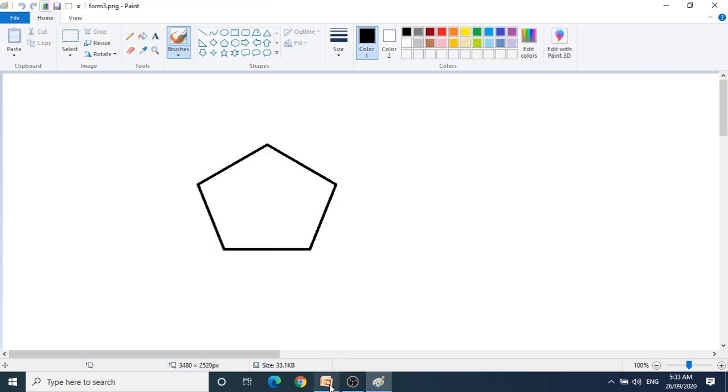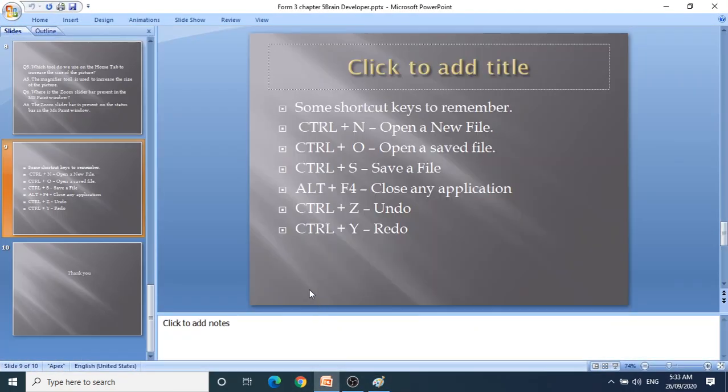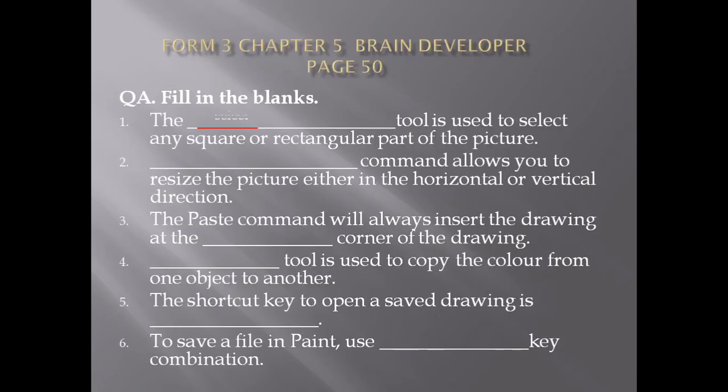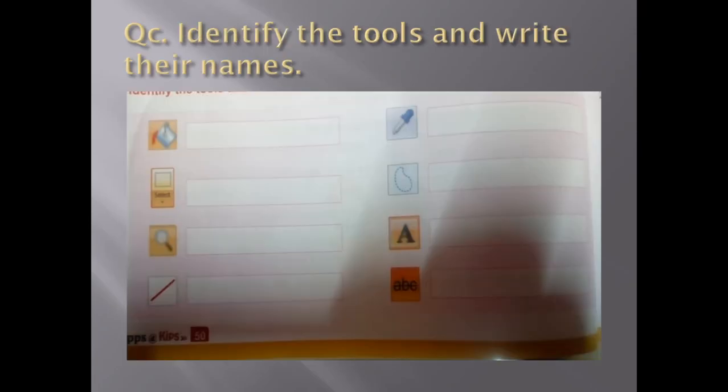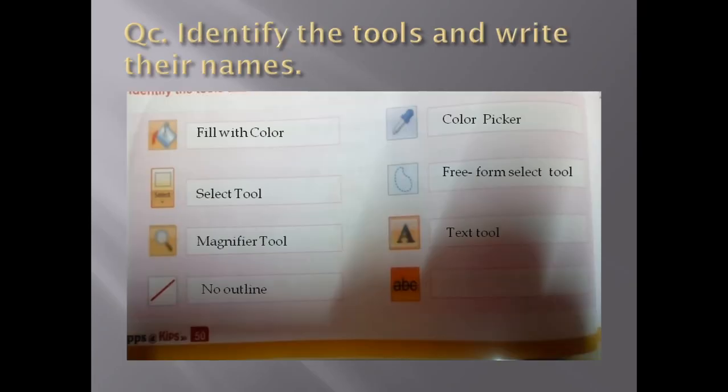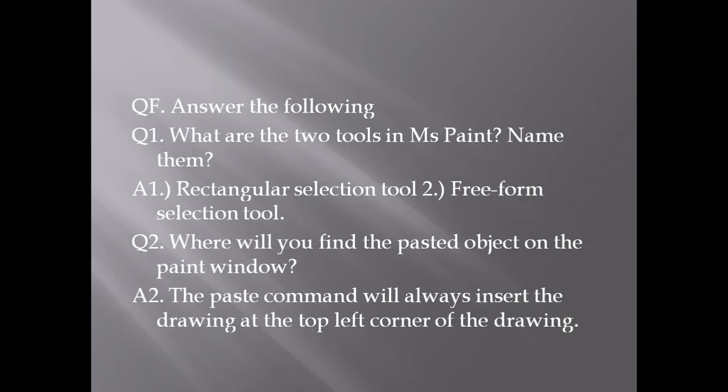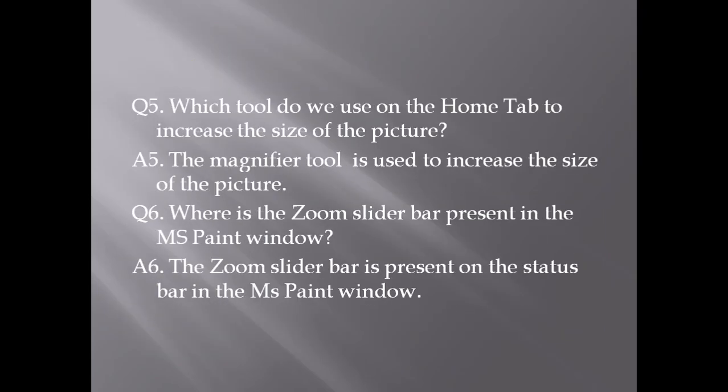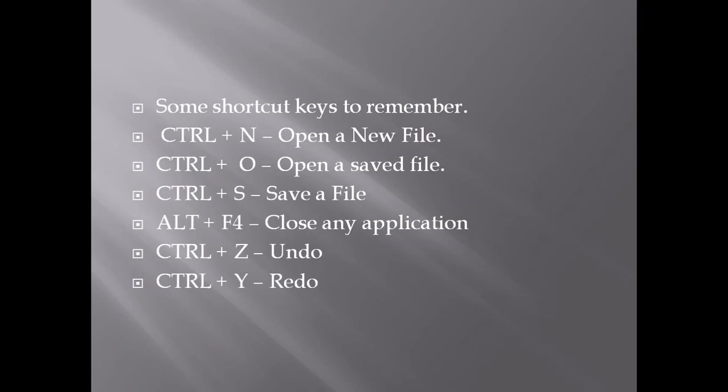So remember the shortcut keys, you are supposed to. So now these are the different exercises that we have done. We have tried to complete our chapter MS Paint, right? You can even read your chapter. Next week we will start the revision of chapter 1 again. So be ready, read your lesson, be ready with your doubts.